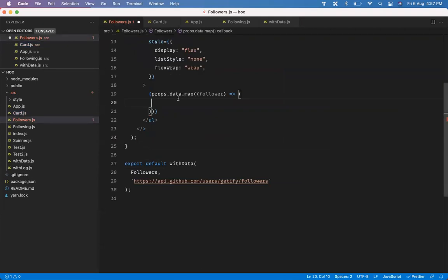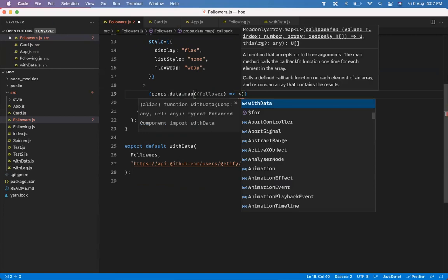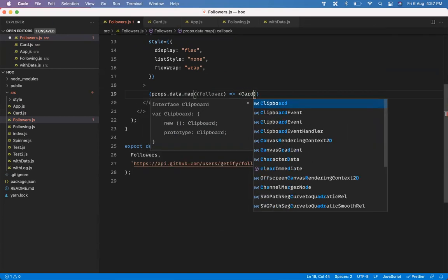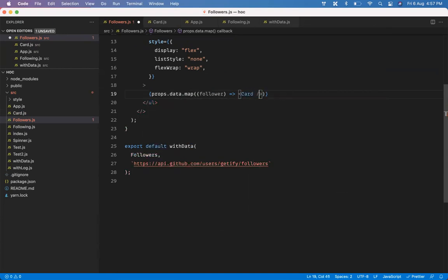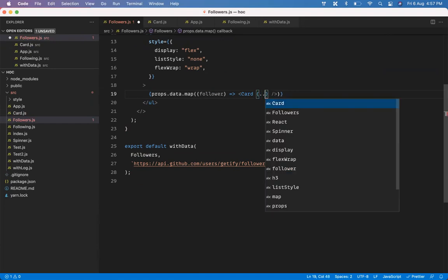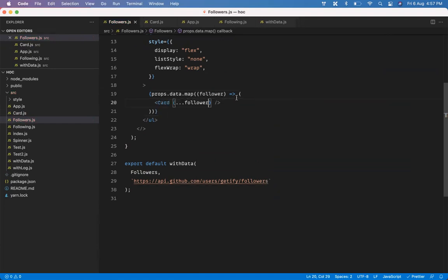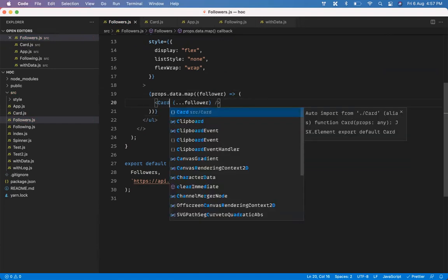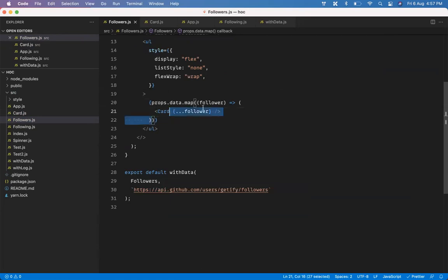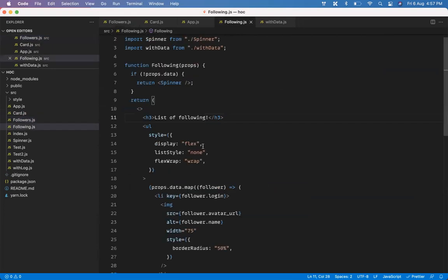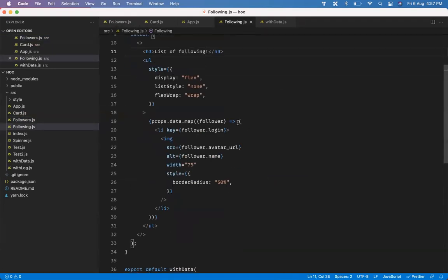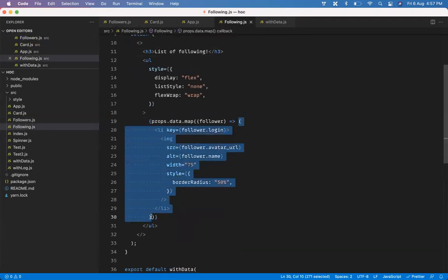Now instead of this, you can just return it, and here, if you want to pass the data, you can pass it in whatever way or form. So I can just pass it like follower. I'll just import the card. Done. So the same thing here for following. So that one is solved. That was not a problem at all, I think.